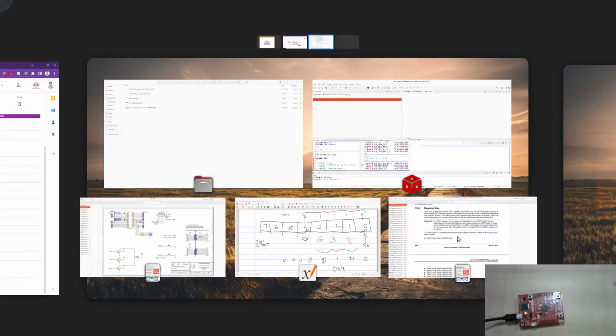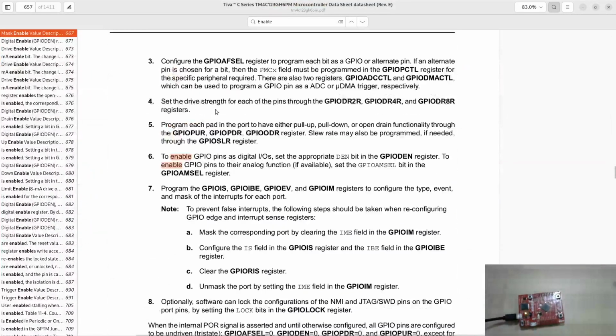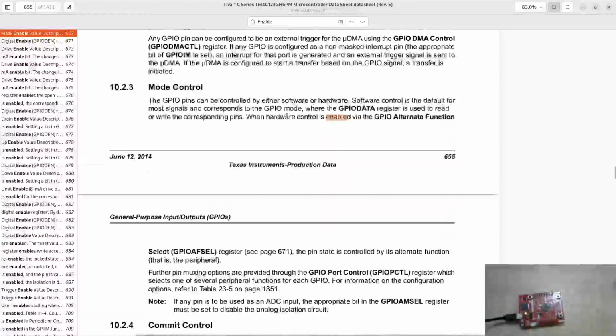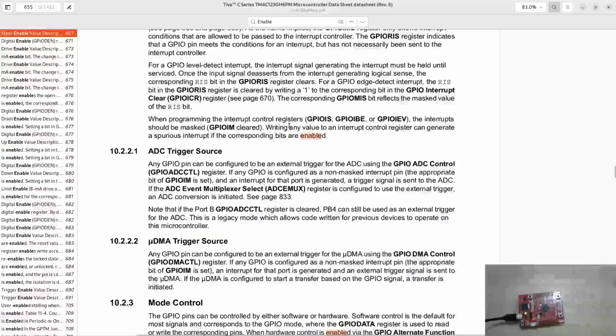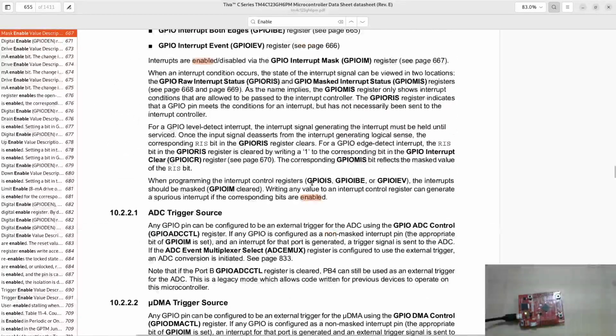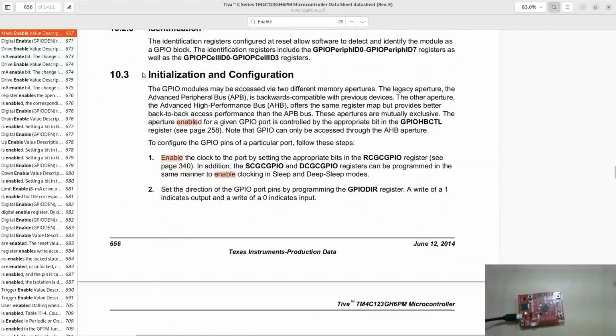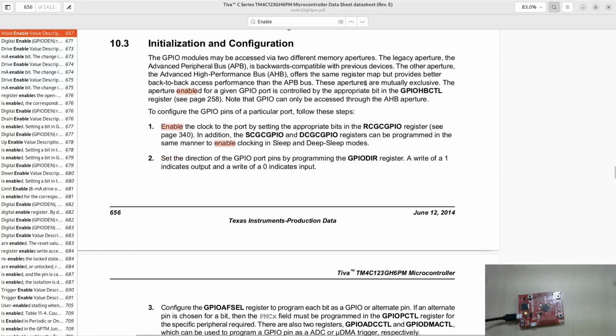Okay, and so the telling part is here. So when we look at this GPIO initialization and configuration, of course we should have actually gone through the whole thing in detail. And one thing that I forgot to highlight is this section, initialization and configuration. So GPIO modules may be accessed through two different memory approaches. One, the legacy, is the advanced peripheral bus, APB, and the other one is called the advanced high performance bus, AHB. Okay, same register map, but better